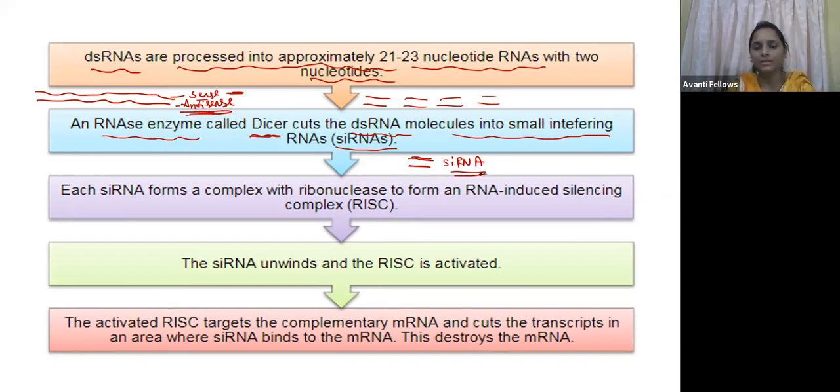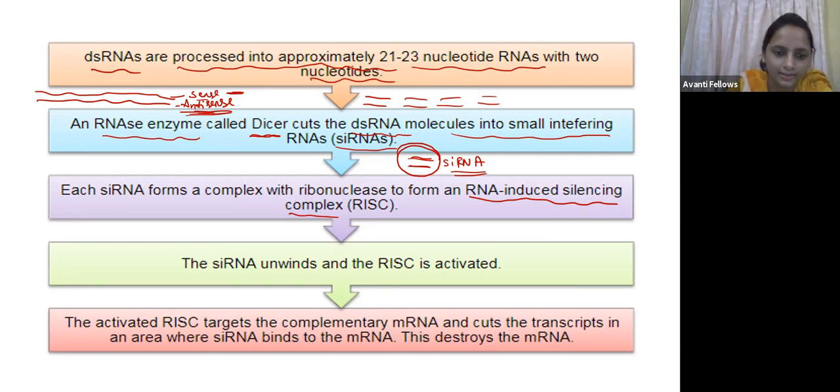Okay. Now what will happen? For this siRNA, there is another complex called RISC. For this, the complex RISC is going to bind. RISC means RNA-induced silencing complex. If this is a double-stranded RNA, the RISC complex is going to bind like this. Now what will happen in the RISC? One strand of the RNA it is going to eliminate. It is going to denature this double-stranded RNA and take only one strand of the RNA, that is called the antisense RNA.